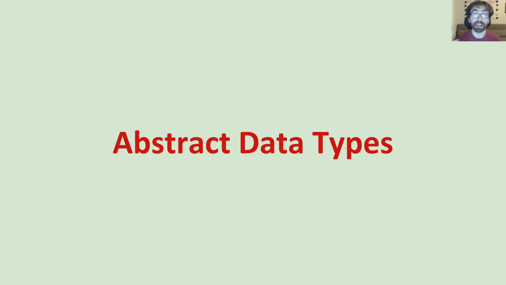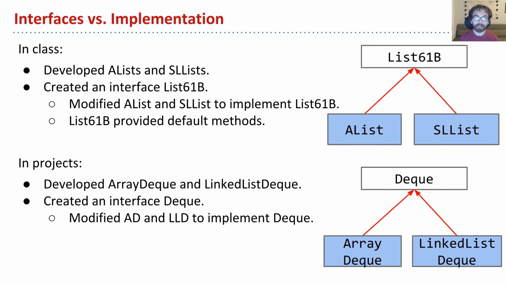Let's discuss a very high-level topic, the abstract data type. Now I'll get to that term in a minute, but I'm going to start by drawing a distinction between the interfaces we've seen so far and the implementations. We saw in class, for example, that we can have an interface called List61B with many possible implementations, say